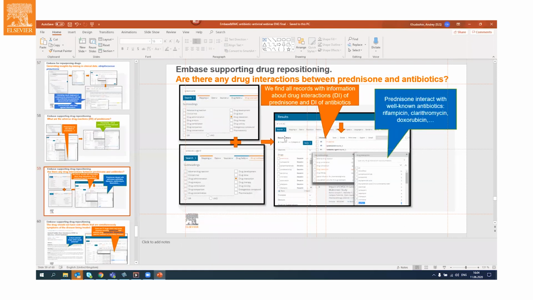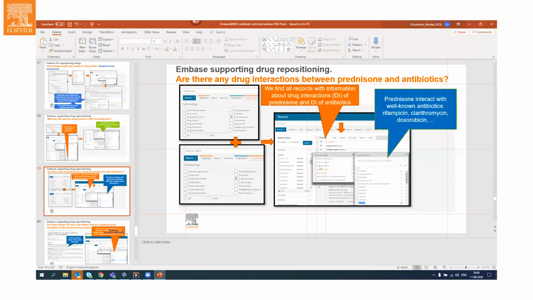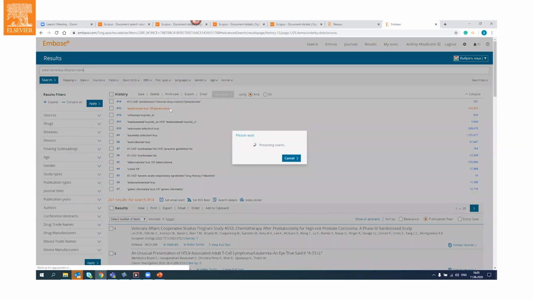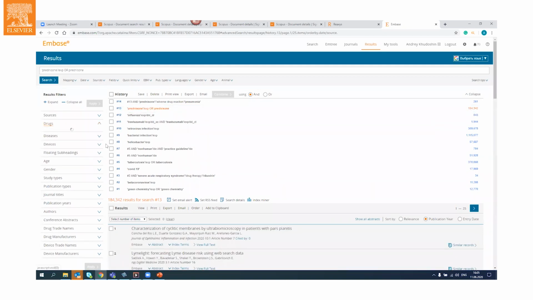What is another approach? It is to assess drug interaction, and it's quite easy. Again, it's triple indexing. So you can even use a very interesting search, for example, how to assess drug interaction of prednisone with all antibiotics. What is the issue? I will explain to you. Here you see 200,000 articles. If you just open triple indexing,